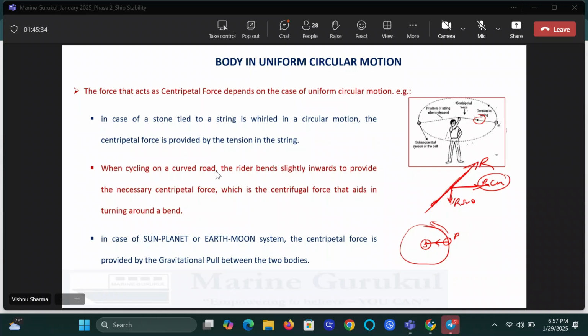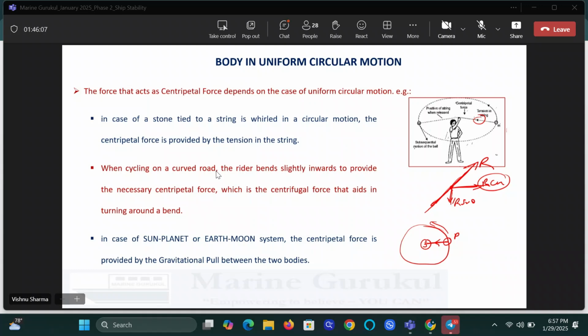In every case of rotation, circular motion, you do not have the same force providing the centripetal force. In the case of the stone, the tension in the string was providing the centripetal force. In the case of the cyclist, it was the horizontal component of the reaction that was providing the centripetal force. And in the case of the Earth-planet-sun motion or Earth-moon motion, it is the gravitational pull between them which is providing the